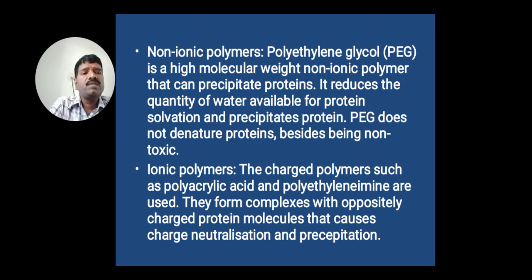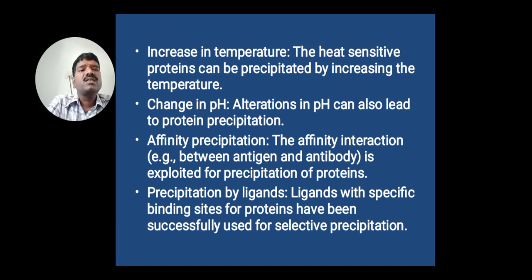Next one is the ionic polymers. The charged polymers such as polyacrylic acid and polyethyleneimine are used. They form complexes with oppositely charged protein molecules that cause charge neutralization and precipitation. Increase in temperature: the heat sensitive proteins can be precipitated by increasing the temperature. Next is the change in pH. Alterations in pH can also lead to protein